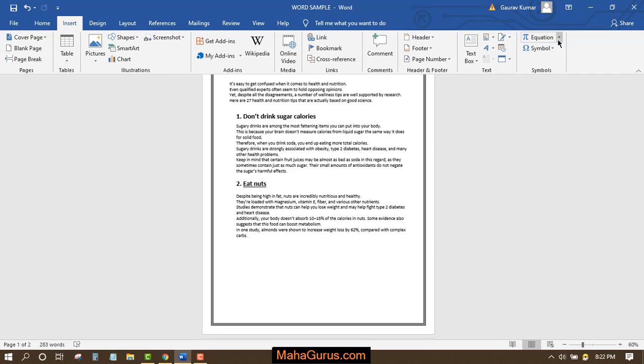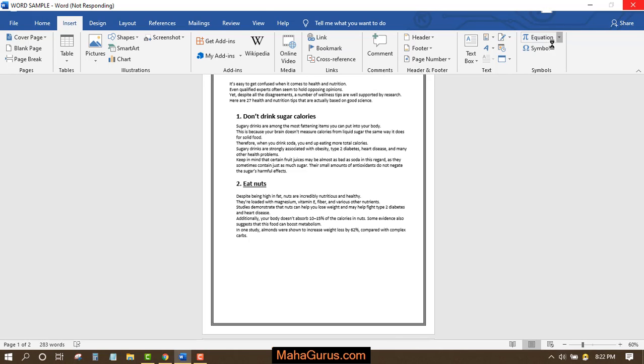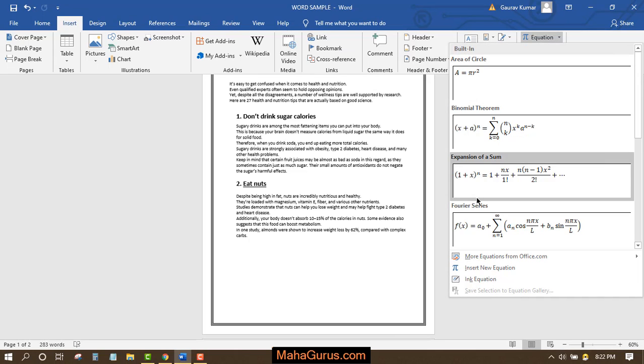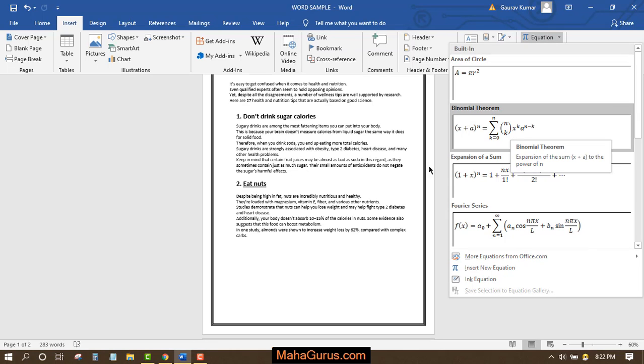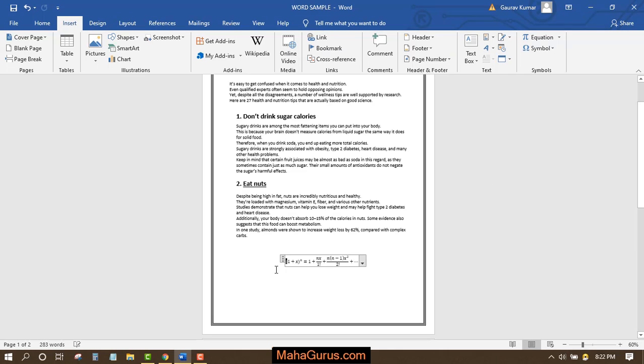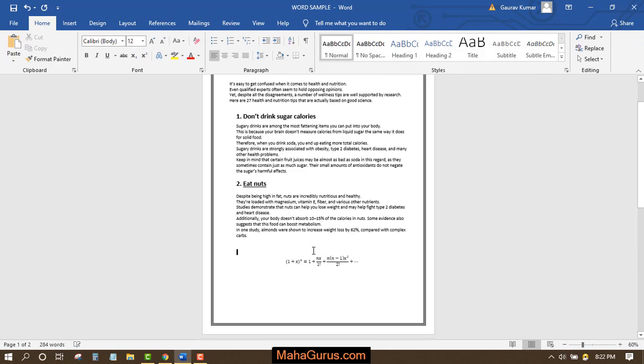You can use this arrow, and when you click on this arrow, a list of pre-uploaded formulas, pre-uploaded equations will be shown here. As you can see here, area of circle, binomial theorem, Fourier series. Now if you want to add it to your Word document, you can directly click on that and this will be applied. Or you want to create your own equation, you want to enter something which is not present